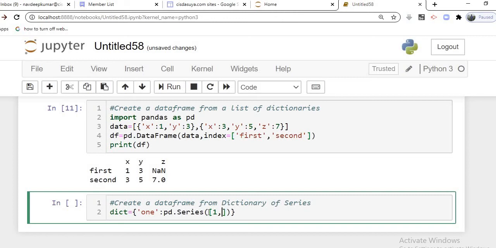Let's say values are 1, 2, 3, and the corresponding index values are, let us say, A, B, and then finally C. So these are the index values of the first series. Then we are going to have the second series.